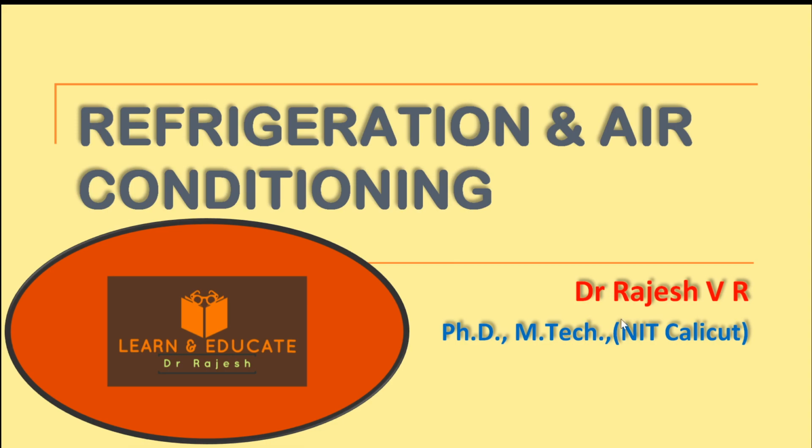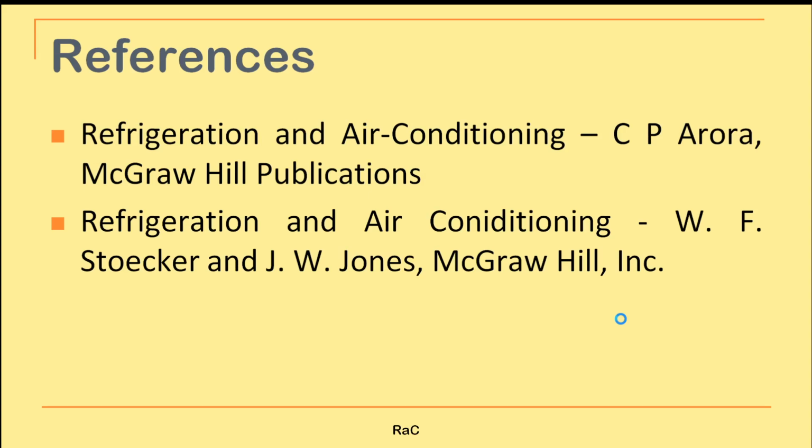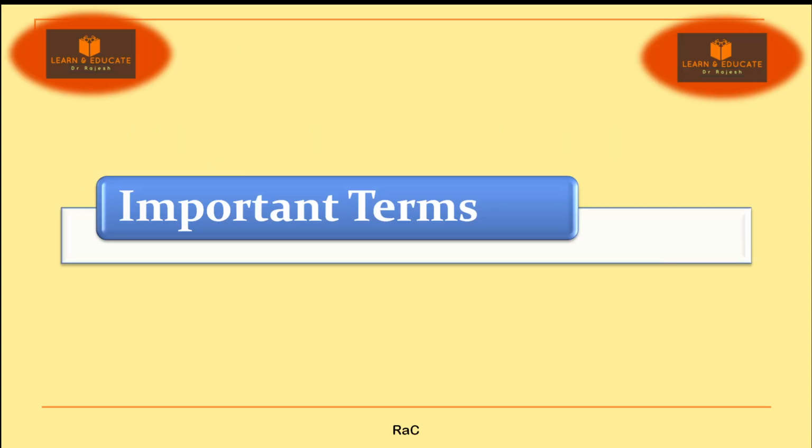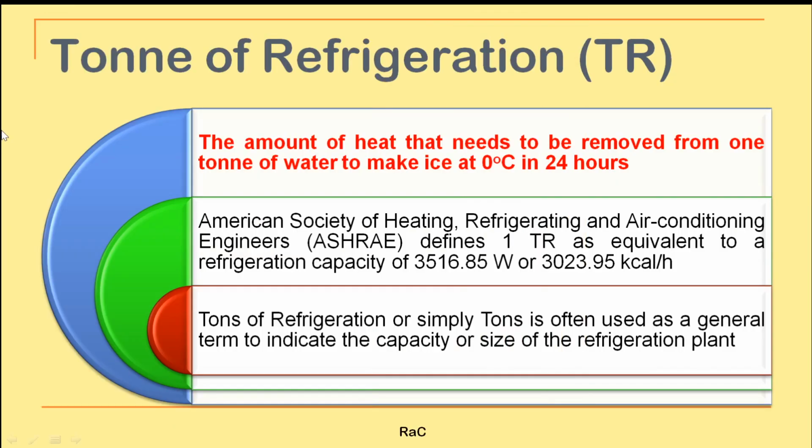Okay, so we'll continue. Ton of refrigeration is a unit for refrigeration or air conditioning. You know a ton is 1,000 kilograms, isn't it? Ton is 1,000 kilograms. The definition of ton of refrigeration, abbreviated as uppercase TR: